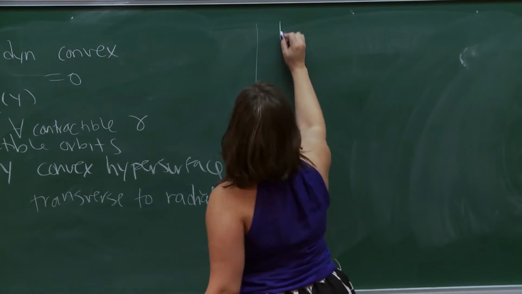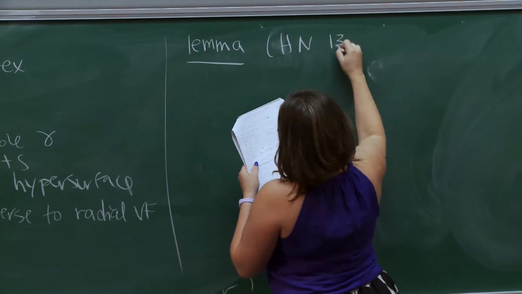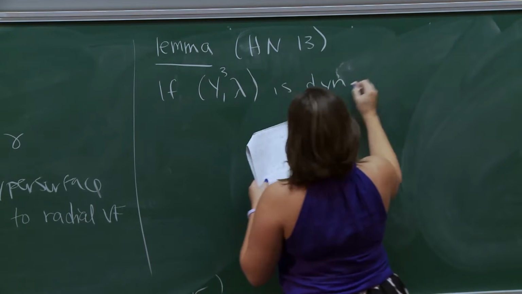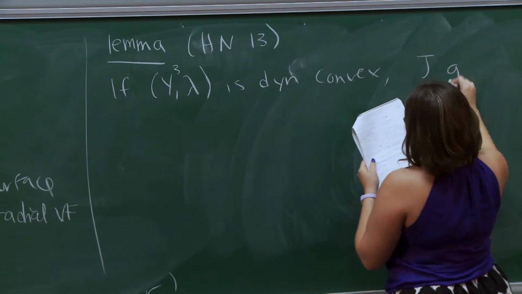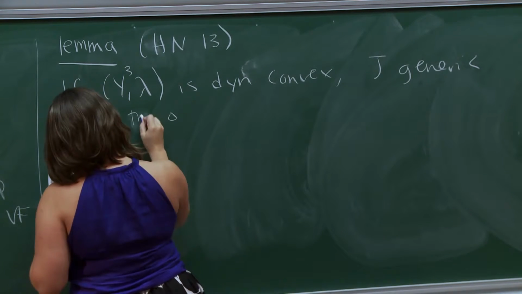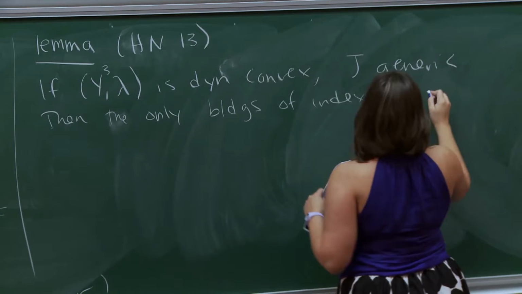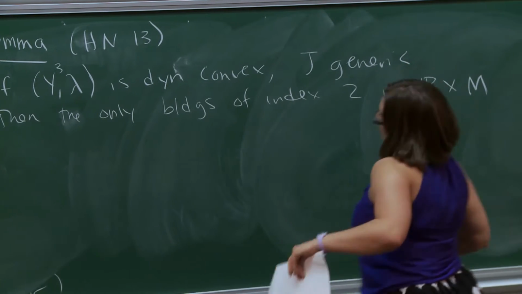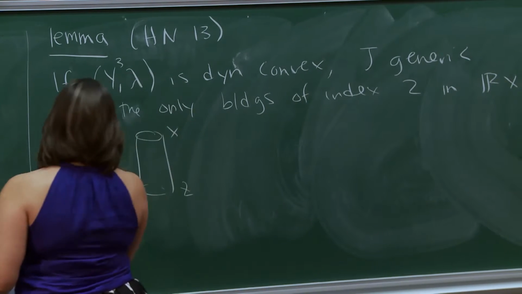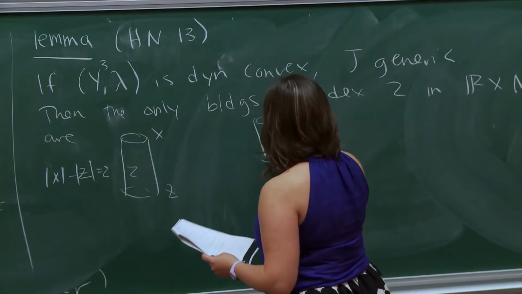So what Michael and I proved is that if y lambda is dynamically convex, J is generic, then the only buildings of index 2 in R cross M are either just a cylinder, a once broken cylinder,